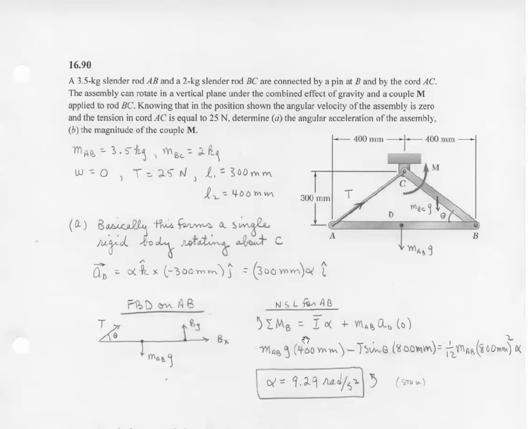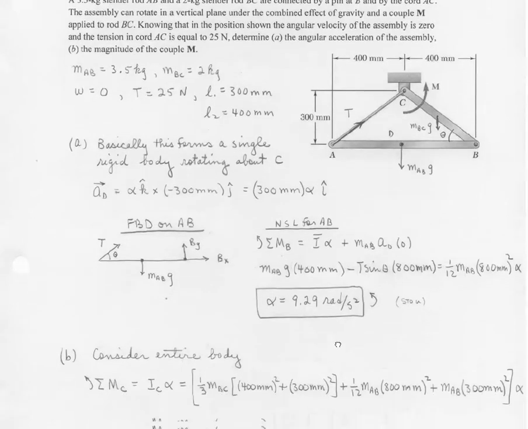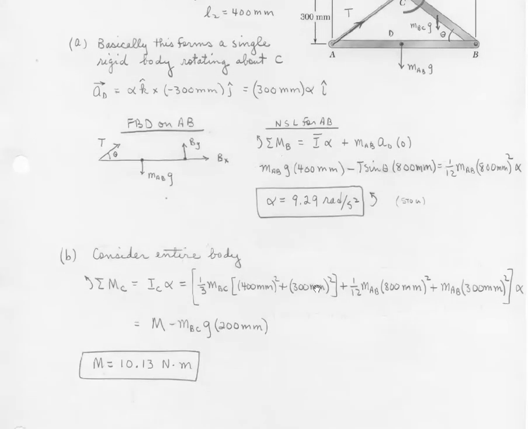And so what we have then is the force of gravity about B right here is trying to create a positive moment, so at 400 millimeters. And then you have T sine theta here, where T sine theta is the vertical part of this tension. So you got that acting at 800 millimeters across here, and it's negative because it's trying to produce a clockwise moment. And that's all got to be equal to 1/12 m_AB (800 millimeters) squared alpha, 1/12 m L squared then alpha. You solve for alpha out of this, you get 9.929 radians per second squared. You get a positive number out of it, so it means it's got a